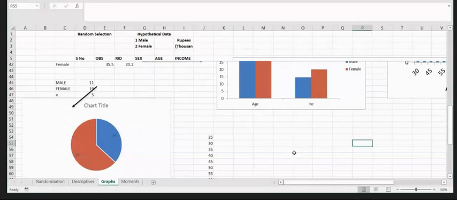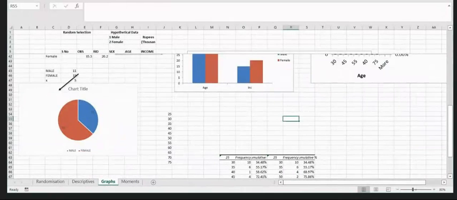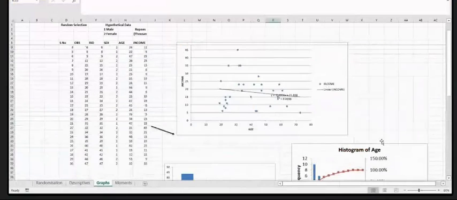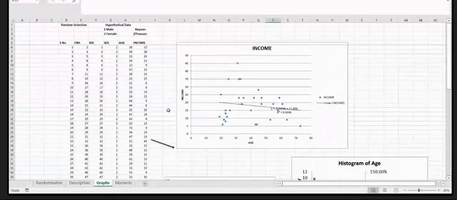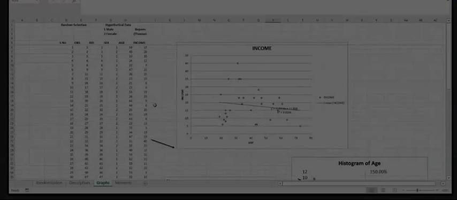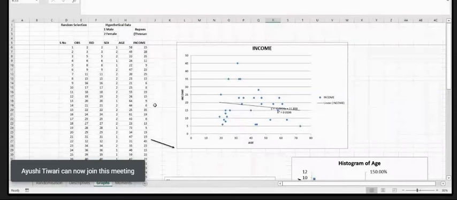to do a visual inspection of the data. So let me just do that. Okay. Now these are the data which I have taken from sheet number 1, where I had randomized these observations, and now I have copied and pasted them onto the sheet which I have named as graphs. So I have